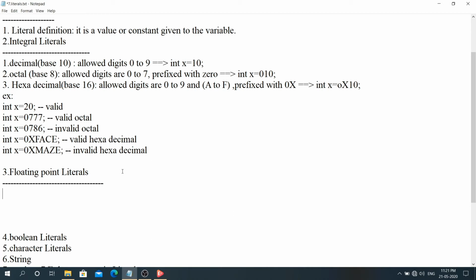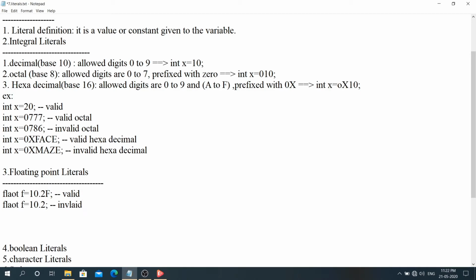So you should write float f is equals to 10.2f. It is valid. If you write float f is equals to 10.2, it is invalid. You should keep this point in your mind.